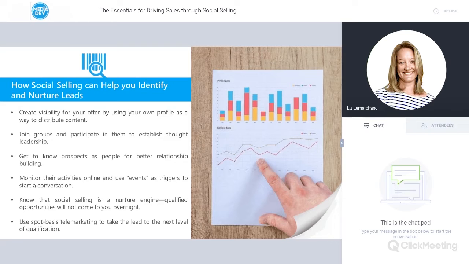However, with social selling, you're working to build a network of prospects that will become highly qualified business opportunities in the mid to long term because they'll be better informed about your offer than they would be off of one cold call. Another thing to keep in mind is that the more contacts you have, the more you'll be able to add, since you'll have a higher probability of having contacts in common with your contacts.